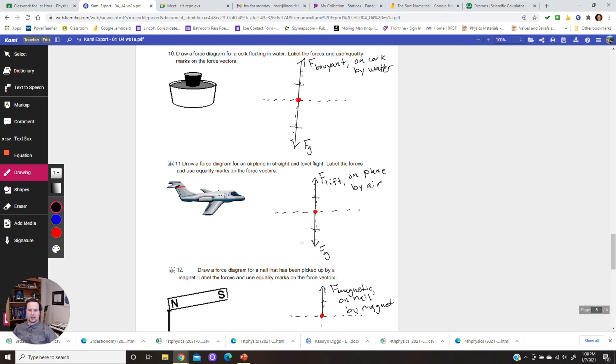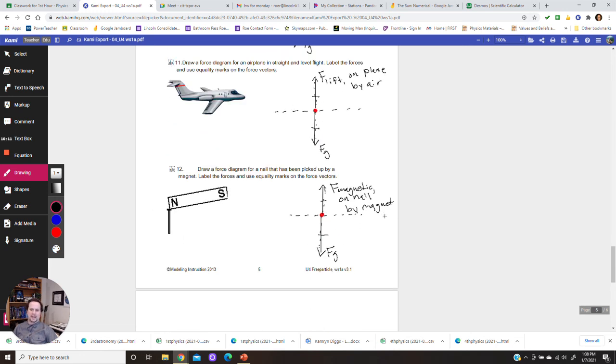Notice I started dropping the gravity when writing that out. You're going to eventually do that. Please, feel free to skip the gravity one if you want, but list them out on all the others. Last one's the magnetic force that is holding this up. So we've got the force of gravity down. Now this one, the magnet is actually touching the object, but know that magnets don't have to touch. So if you somehow were to have it at the right distance, perfectly balanced, you could get it to kind of